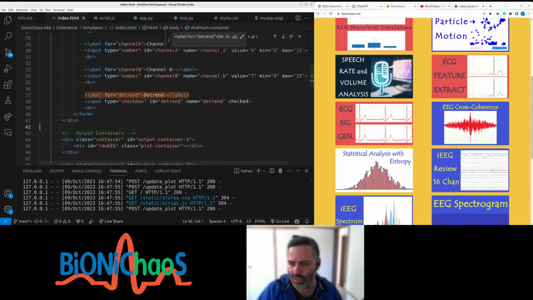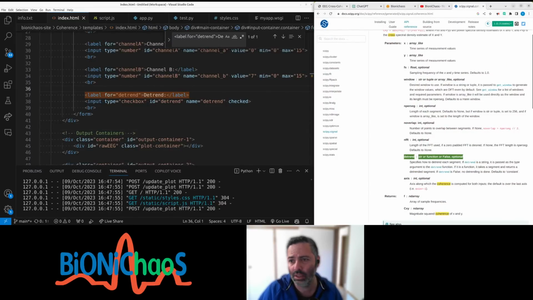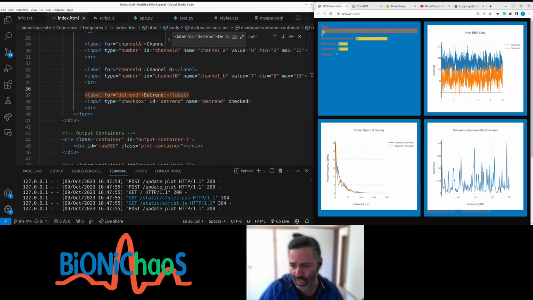So we're still on this cross coherence tool using this SciPy coherence function, and yes, there's a detrend option. This will be important in a sec. This is what we have so far. We got the GPT to fix quite a lot of things for us. As you can see, it's sending requests to my server, and hopefully it will be available soon for anyone to